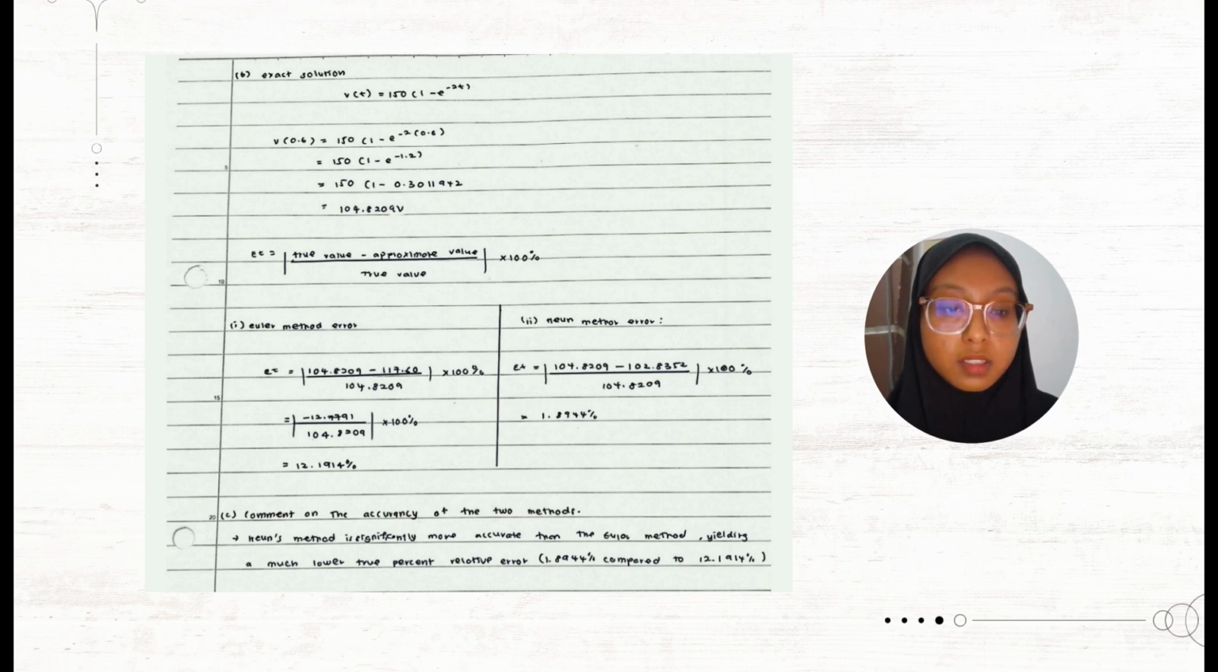For C, the Heun method is significantly more accurate than the Euler method, yielding a much lower true percent relative error compared